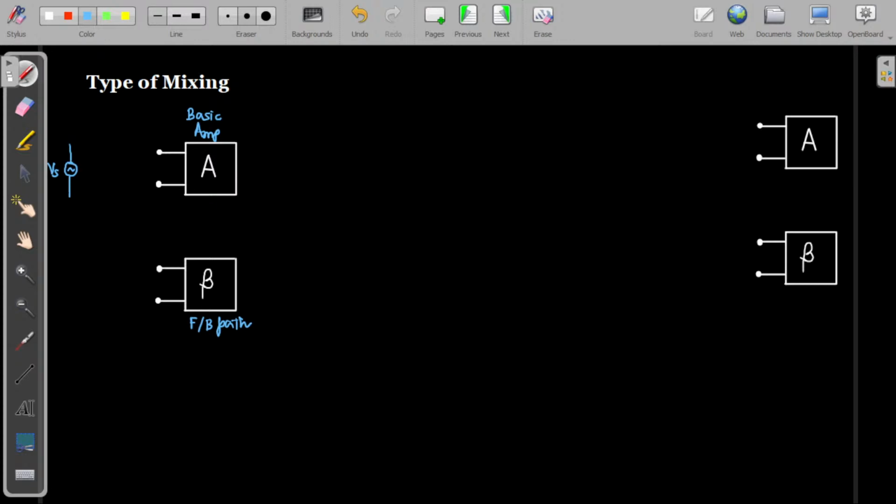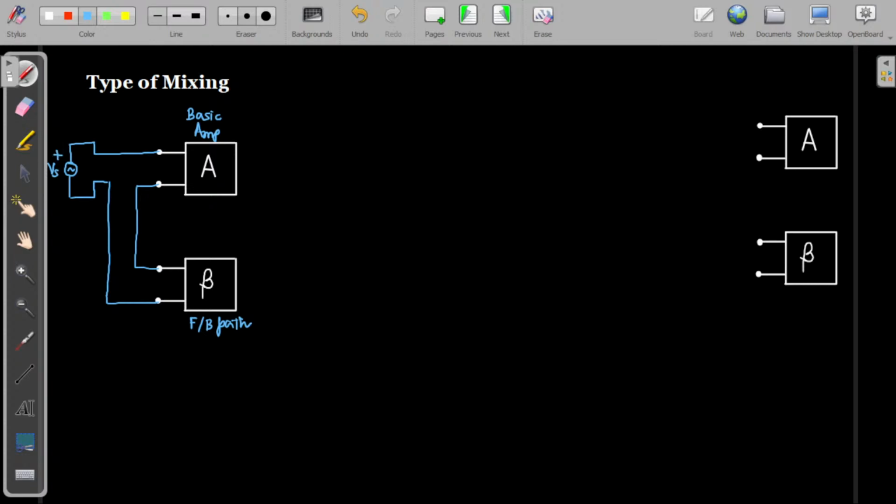ओके, सो Vs से आपका सिग्नल और बीटा से आपका एक सिग्नल आएंगे, वो दोनों सिग्नल आके मिक्स होगा। अब मिक्सिंग ऐसे हो सकता है, लेट अस से द मिक्सिंग इज हैविंग लाइक दिस पैटर्न। यहाँ से आपका मिक्सिंग ऐसे हो रहा है। जस्ट कनेक्शन आपको समझना है। सपोज द मिक्सिंग इज हैपनिंग लाइक दिस।